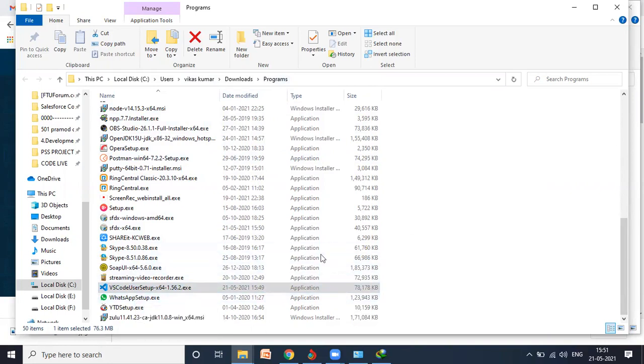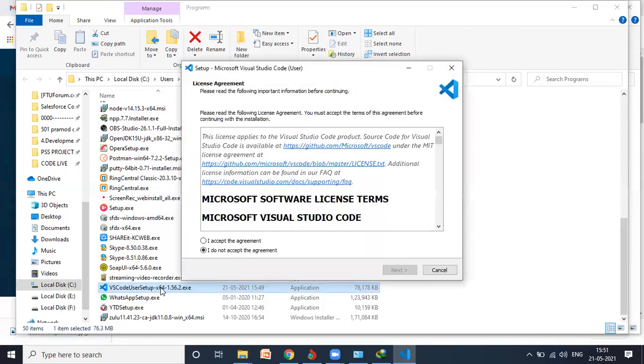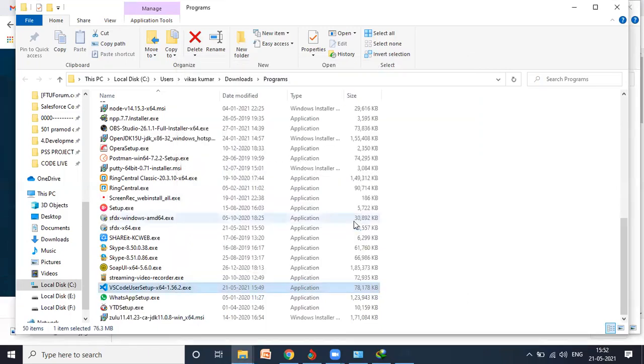So now let me click on this Visual Studio Code. Or first better I will install CLI.